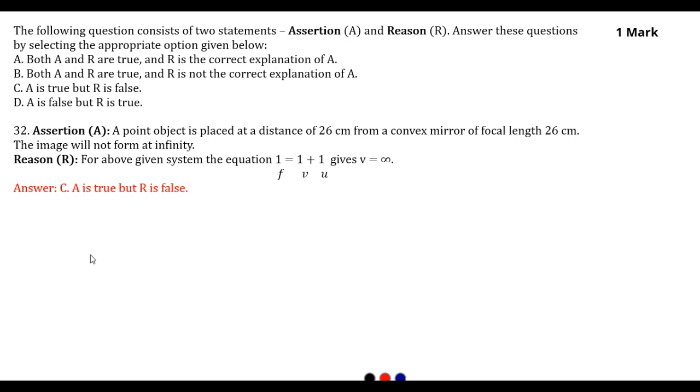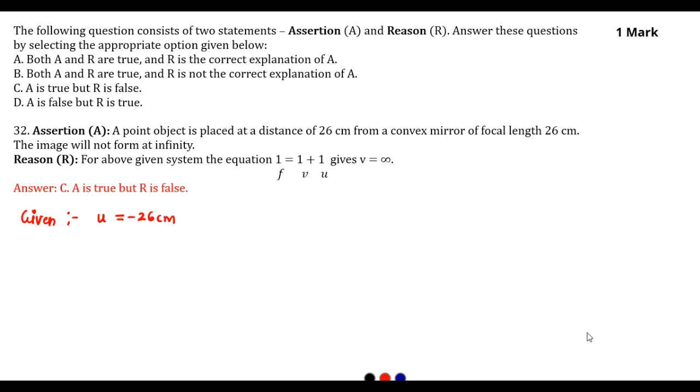So first here we will write all given. So what we have given, so here it is distance, object distance. Object distance is denoted by the symbol u. U is equal to 26 centimeter, and it is the object distance. So we have to take a negative sign for this,